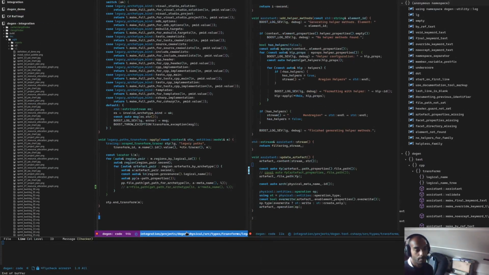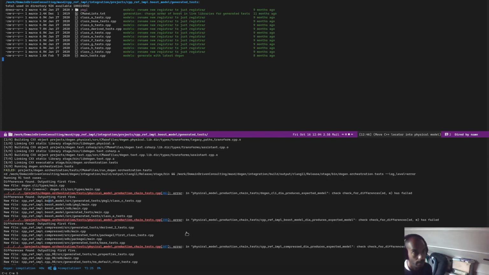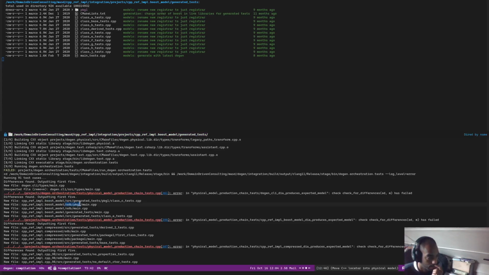That will solve the problems that we're having with main. That's not a big problem. While we're here, let's just have a quick look at what we think the problem with tests is. We seem to be putting the tests archetypes as part of